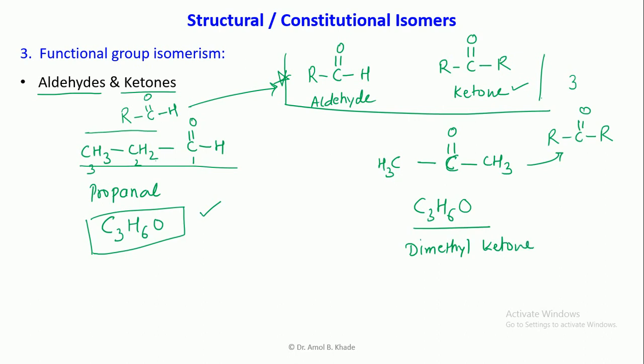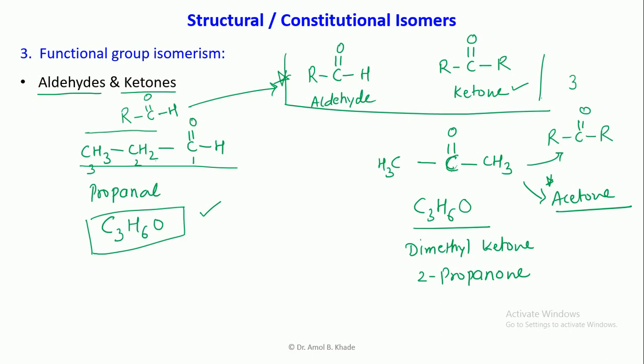Can you write the IUPAC name for this? This is dimethyl ketone, right? What is the IUPAC name? It is a ketone, so one will be the suffix here. So it will be 2-propanol. Again, this is a very important structure. This is popularly referred to as acetone. It is a very important solvent in organic chemistry. We will see some of the reactions in which acetone is used as a solvent.